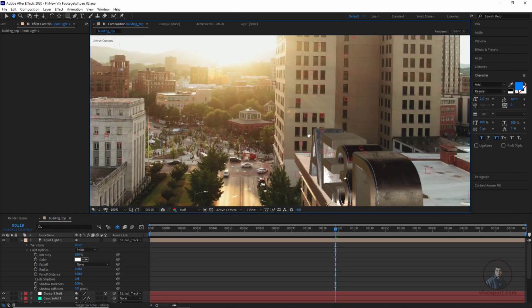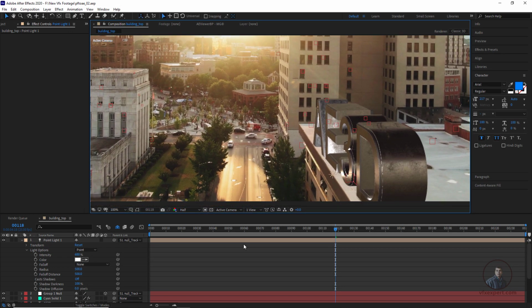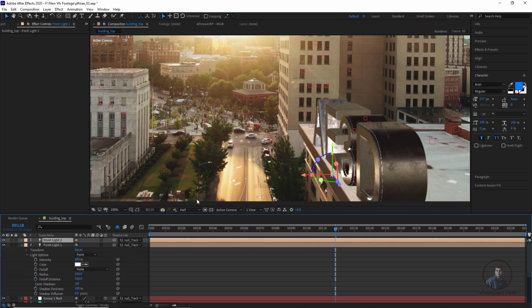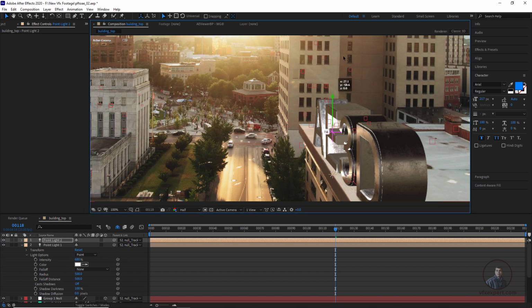Then after this we have to refine our light here, and if there is any requirement then we can also create another light here. So again select this one, press Ctrl D to create a second one and move it a little bit up here. You can see this is our second light here.